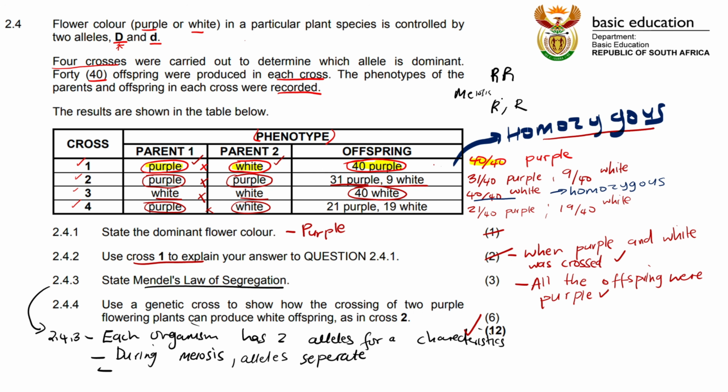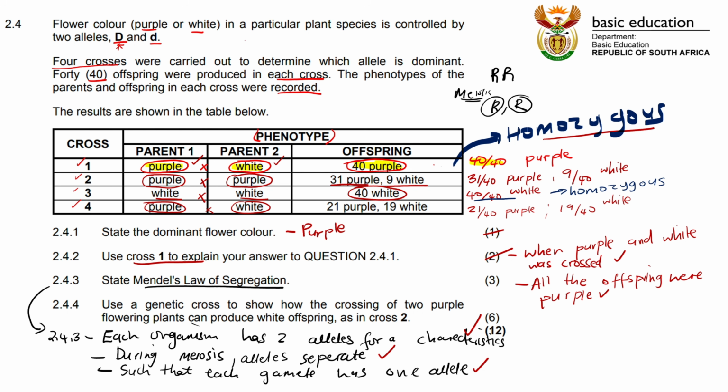Remember that when you separate them in this way, as I've already told you, using meiosis as the strategy, the eventual thing that will happen is that we will remain with two gametes, and each gamete will have one allele. So here they will separate, such that each gamete has one allele. This is known as Mendel's law of segregation or Mendel's law of separation. It just separates two alleles from each other.